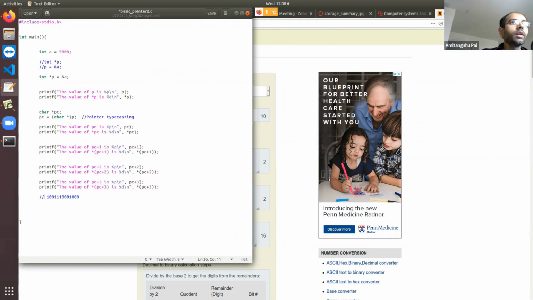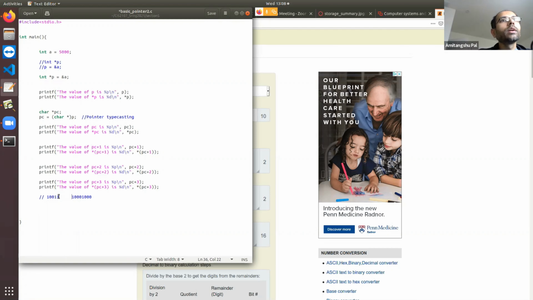Now this value is going to be stored in a 4 byte or 32 bit location. So let's divide this into 4 bytes. 1 2 3 4 5 6 7 8, this is going to be 1 byte.